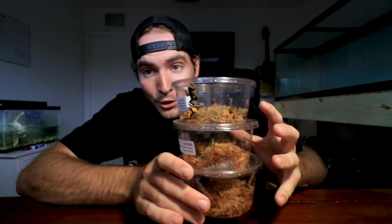It is so hard to show these guys off in the way that I would like them to when they're in these containers, because you can't really, with the glare and just the lighting and everything, it is so hard to show how beautiful these guys really are. But what I'm gonna do is set them up temporarily in that tank right there. We've got to clean it out, shift the turtles into a new bigger enclosure because these guys are getting big. I'm gonna put some dividers into the tank so that each type of frog stays within their little groups, and then we will be able to show them off a little bit better,